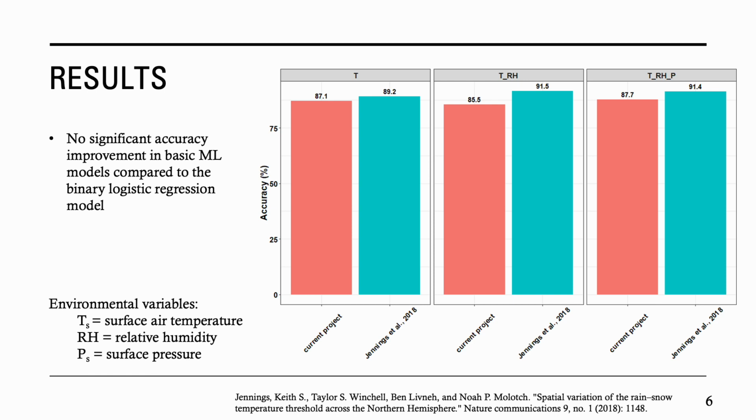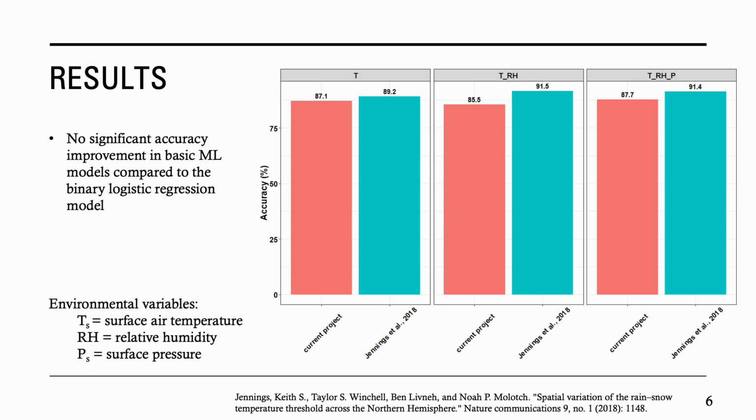These plots showcase the accuracy rates of the current project in orange bars compared to the accuracy rates of the benchmark in blue bars for each of the combinations of input variables. So as you can see, the ensemble model of the current project did not achieve higher accuracy rates than the benchmark. Also, the plot illustrates that there isn't a huge difference between the accuracy rates of the 3 different combinations